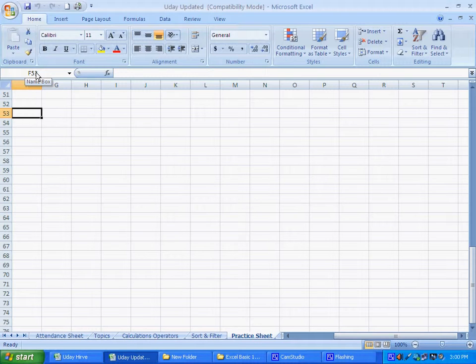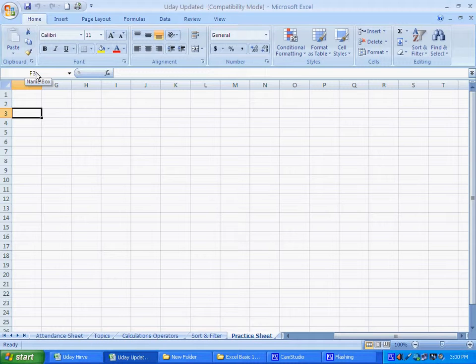Now from the 28th row it has gone to the 53rd row. Now try the page up button. When I press page up, it is again returning to row number 28. Again press page up. Now it has returned to the original third row.